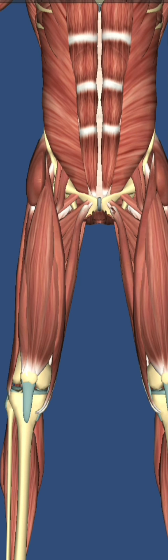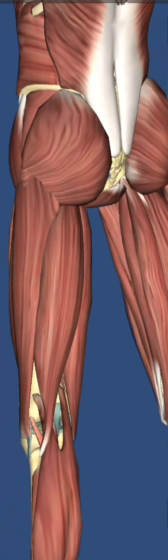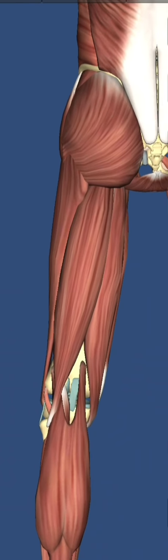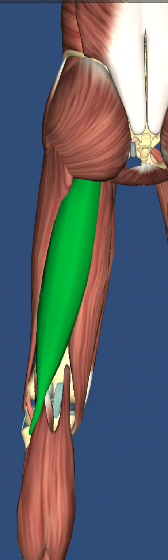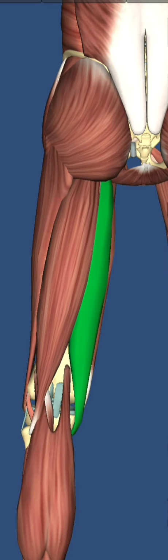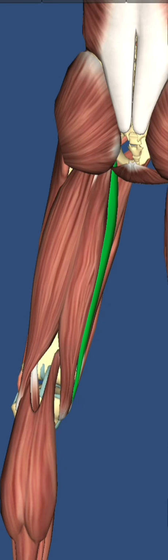Now, about the posterior. We are going to talk about the posterior compartment of the thigh, and in the posterior compartment of the thigh we have different muscles. We have the biceps femoris muscle, we have the semitendinosus muscle, and of course we have the semimembranosus muscle. So let's start with the